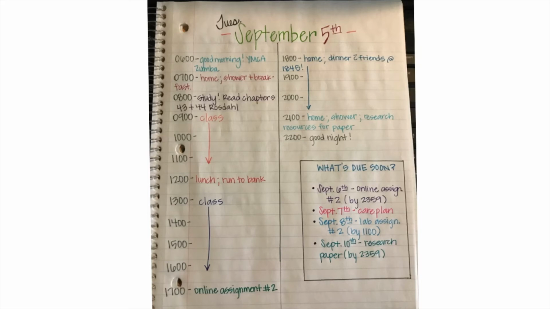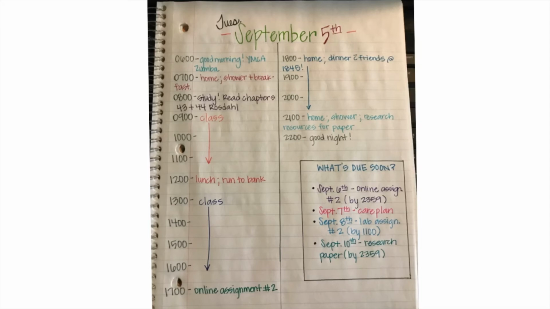Okay, so I've got some self-care things in there. And then you see, before I actually start class at 9, if I want to, I can go on and go to school at 8 and I can study. I can read those chapters 43 and 44 to prepare for my class that's going to be at 9 o'clock. So you see, I'm using my free time. I'm using it wisely. I'm using that time to get something done, to actually get ahead and be prepared for